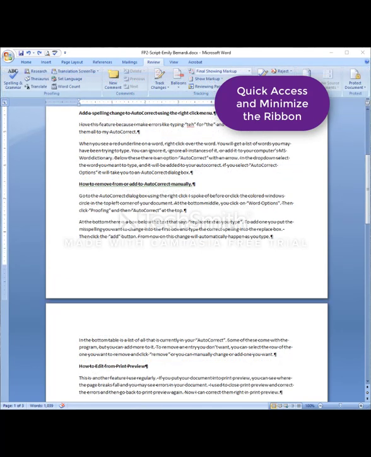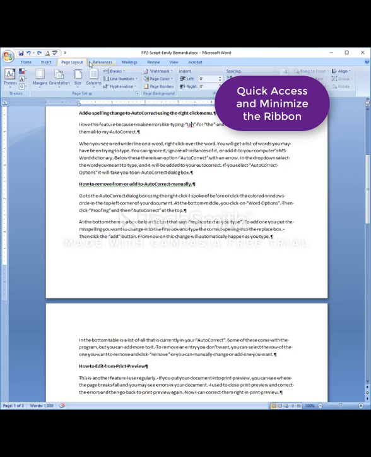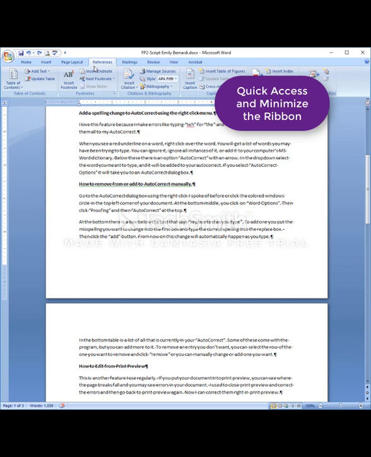Yes, I want to teach you now how to minimize the ribbon area or to add things to your Quick Access toolbar. You notice this area up here, this is the ribbon, and within each section it has numerous things you could go to and choose from. If you're working on a small laptop, you might not want this inch or so taken up. You might need all the space you can get. So you can